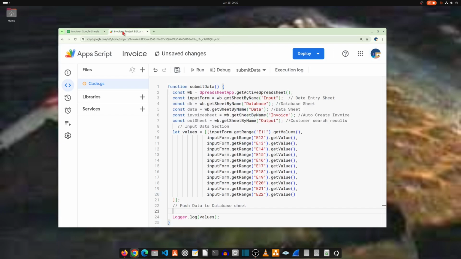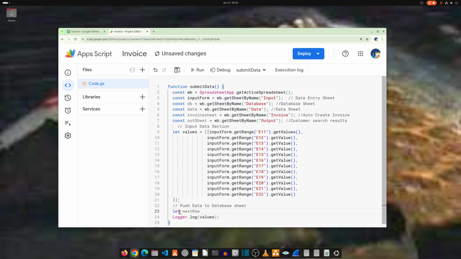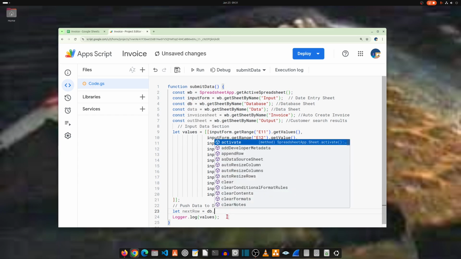We'll go back to our app scripts and we want to get the last row. And there's a function for that, believe it or not. So now we're going to create another variable, but it's not going to be a constant. It's going to be a variable. So we're going to use let, and I'm going to call it nextRow equals what? Well, there's a function called getLastRow, but getLastRow of what? The database tab, which is defined with DB. So DB, now see, look, dot get,